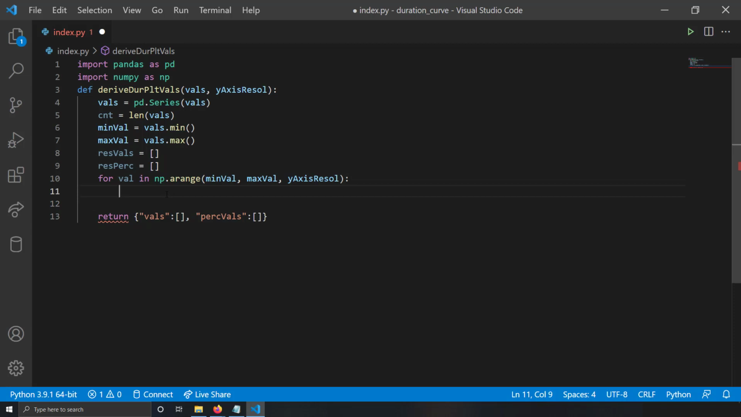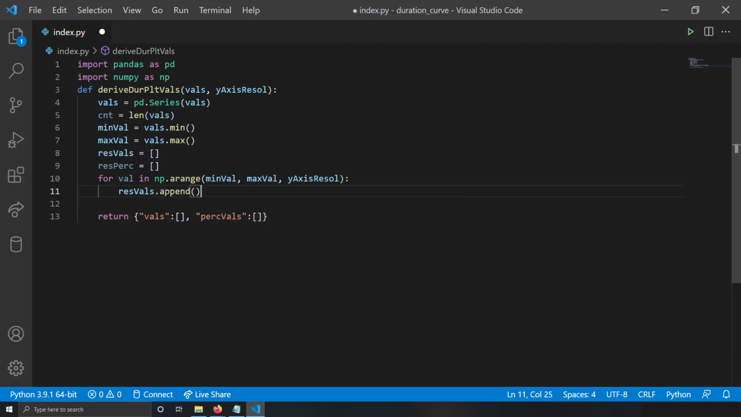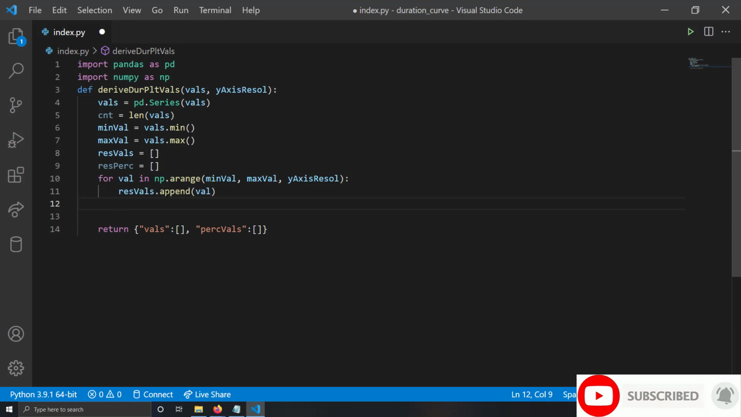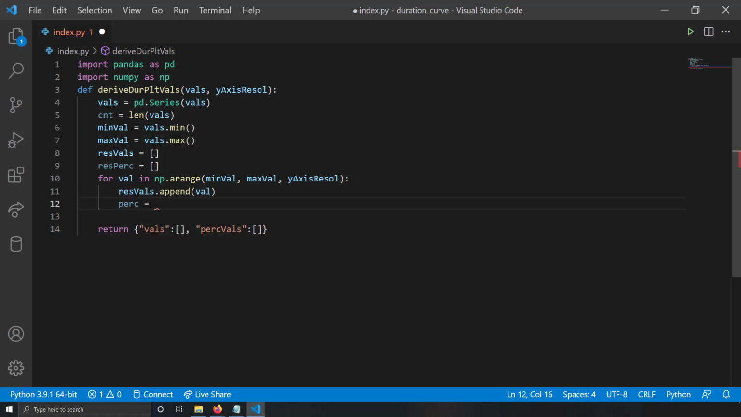So first I have to give the values to the y-axis, right? So I'll just write result values dot append, and here I'm going to append the value. And now I have to find how much percentage of values are above this value in this sample data set. Percentage equal to this list of values